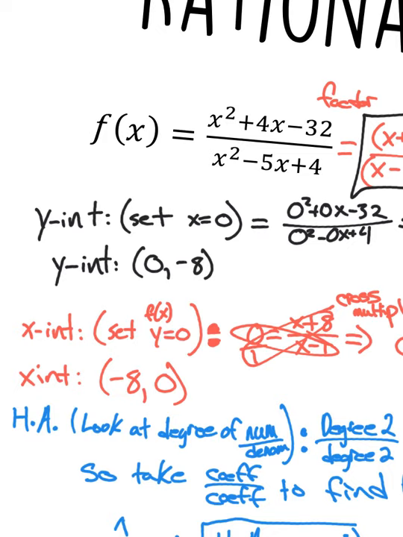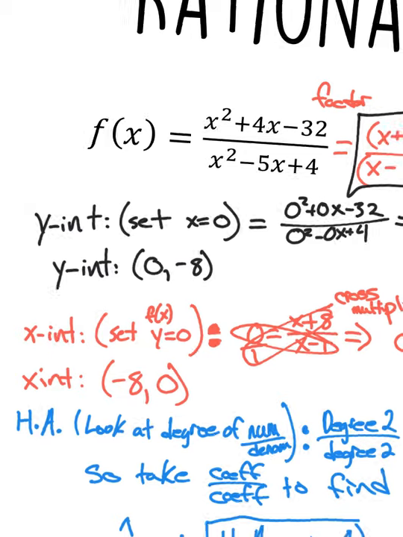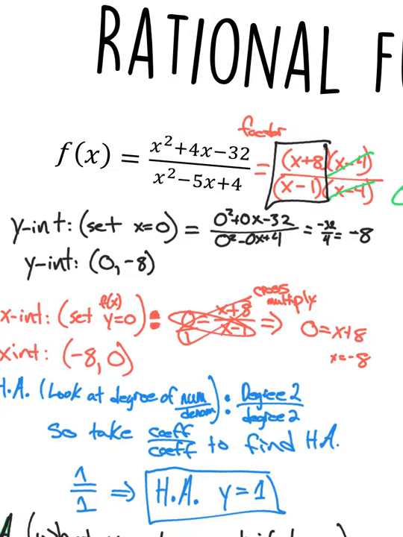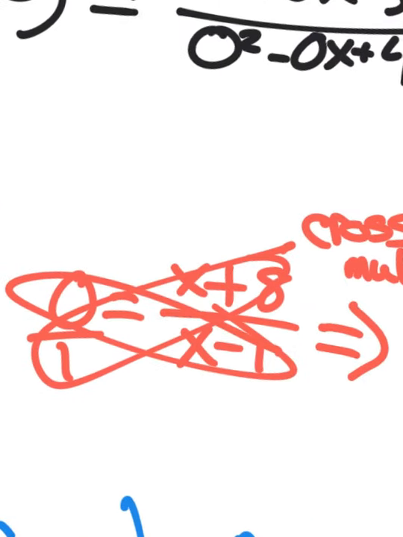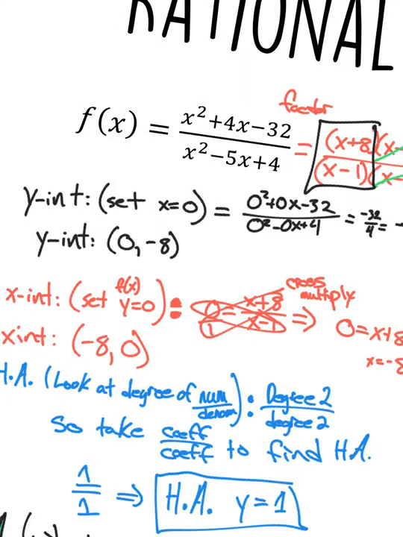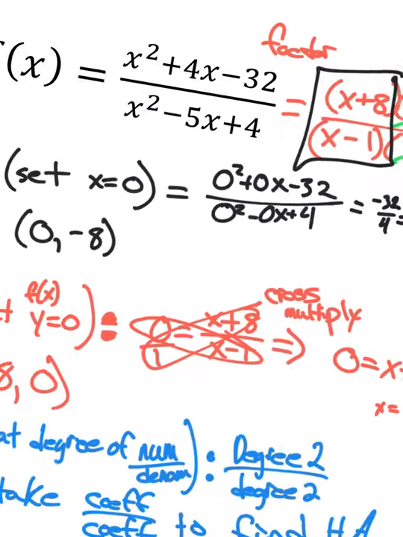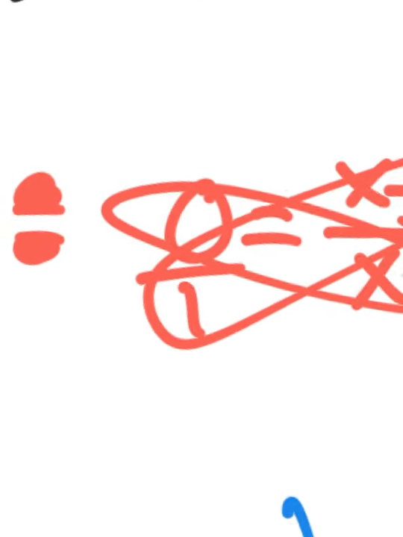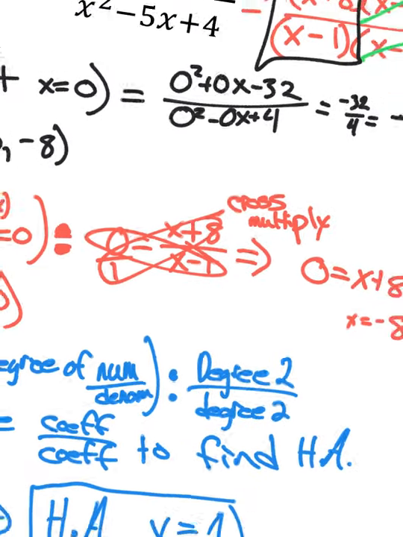X-intercept, we're going to set the function equal to 0. Back from algebra 1, you would set the y value equal to 0 to find the x-intercept. So if we do that, and again, this is one of the reasons why factoring is helpful, I just have the x plus 8 over x minus 1 there, set it equal to 0, and cross multiply. If you cross multiply, you want to put the 0 over 1 so that you're able to cross multiply, and that would give you